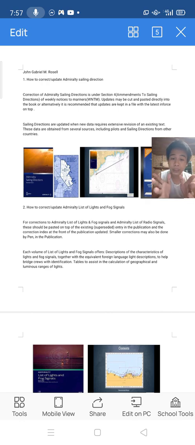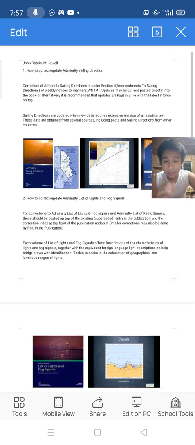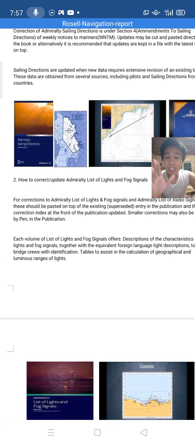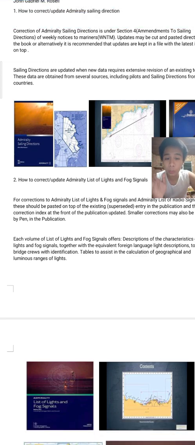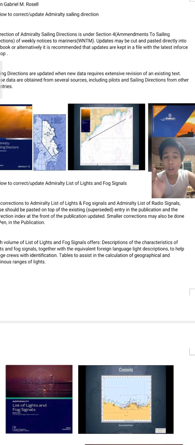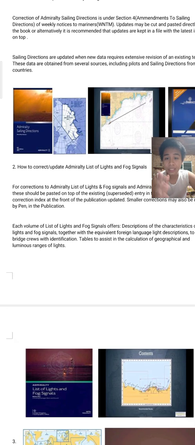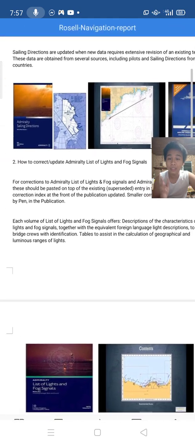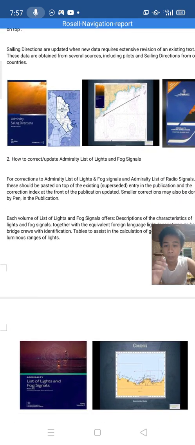Updates may be cut and pasted directly into the book. Alternatively, it is recommended that updates are kept in a file with the latest in force on top. Sailing directions are updated when new data requires extensive revision of an existing text. This data is obtained from several sources, including pilots, sailing directions, and other countries, such as in these pictures